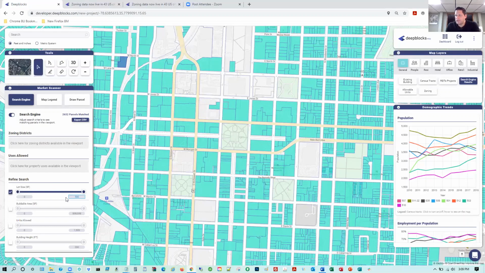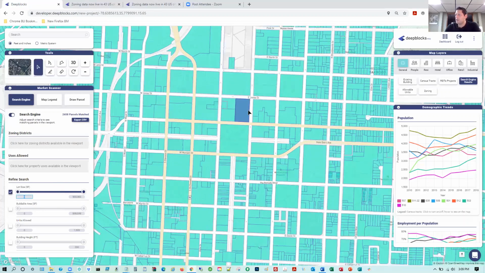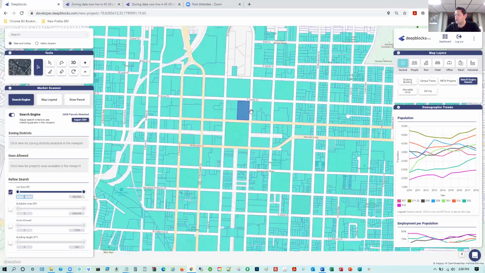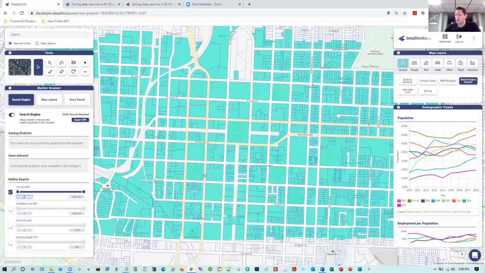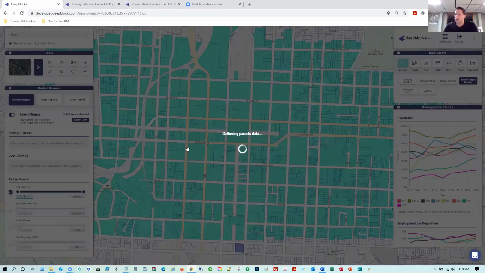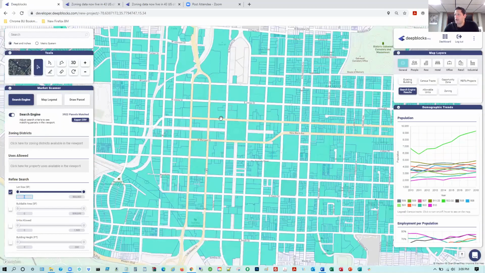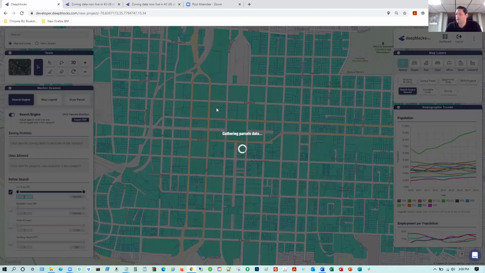The reason I'm doing this just gives me a good idea of how many parcels I'm seeing roughly in my viewport. So right now I've got 2,600. I'm going to zoom out a little bit more and see how many more parcels I can capture within my viewport. Again, the more parcels we can see and scan through, the more efficient we'll be in our process and really try to find that best opportunity that we are seeking.